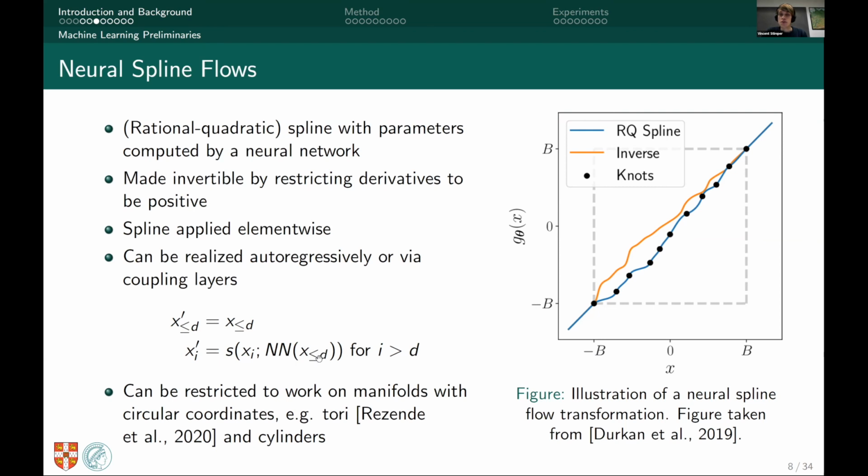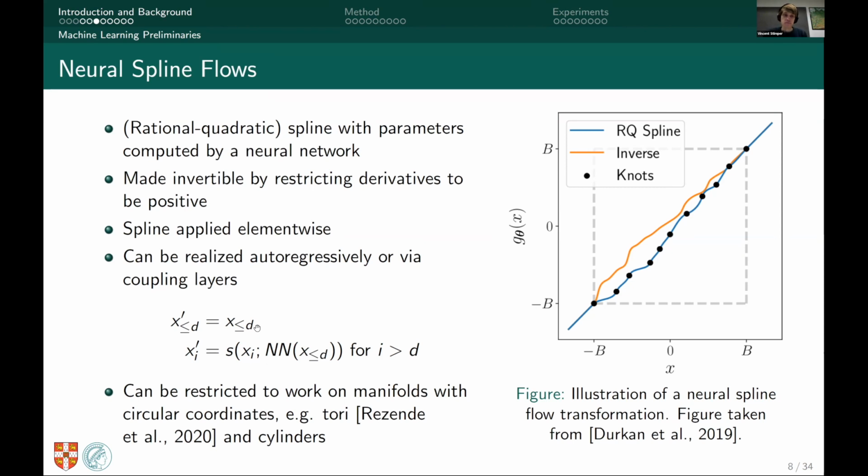And the neural network is conditioned by the other half, so the previous half of the coordinates. This, of course, allows us to model very complex distributions, right? Because, I mean, the neural network can be arbitrarily complex, so therefore the parameters can take any values. I mean, obviously, we are not modifying half of our coordinates, but on the other side, we can also just after one layer change the role of those two coordinates and thereby modify all the coordinates and get a very, very expressive